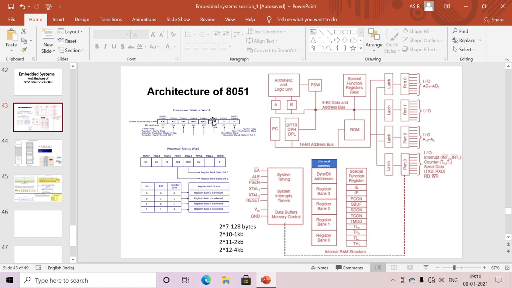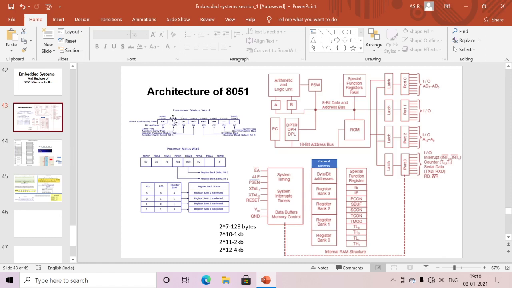Okay, next is the overflow flag. If there is a carry from the 6th bit to the 7th bit, we have D0 to D7, right? For example, if I am adding the content of A and B, and a carry occurs from the 6th bit to the 7th bit or from the 7th bit to the 8th bit, then this overflow flag will be set to 1, otherwise it will be 0. These two flags we are using for the register selection. And this is a future flag, which currently we are not using.